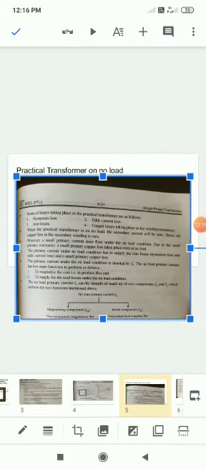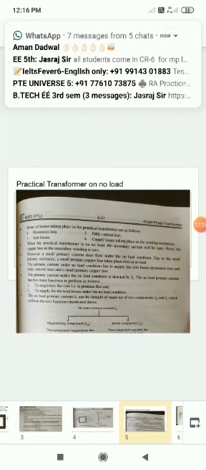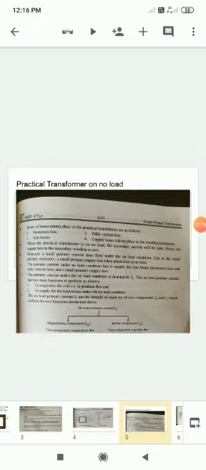But that transformer has a number of losses. For example, high hysteresis losses. High hysteresis losses are basically losses because of the high hysteresis curve of the ferromagnetic material. We have already discussed ferromagnetic material, student. Because of the BH curve of the ferromagnetic material, we choose a particular material having low hysteresis losses.